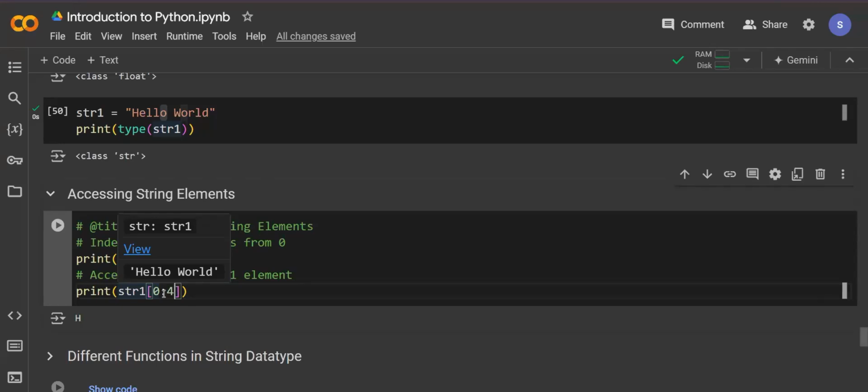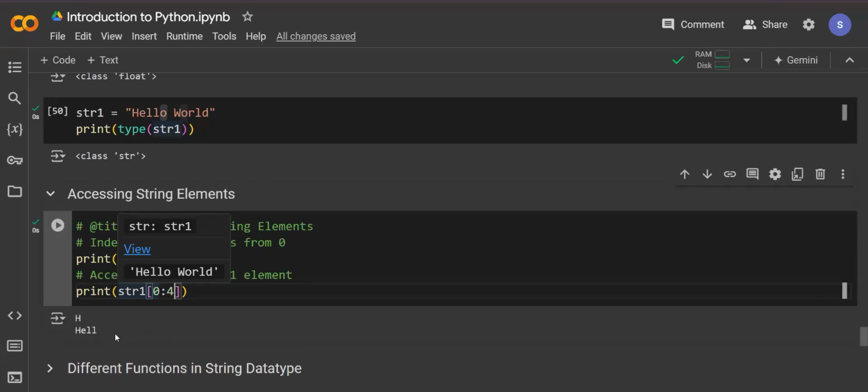But see the output. I'll be getting the output as HELL. That is HELL. I'm not getting O here. Why? Because of this ending element, right? Ending range element. This is always taken as, I'm writing here the syntax of the access, that is start element,